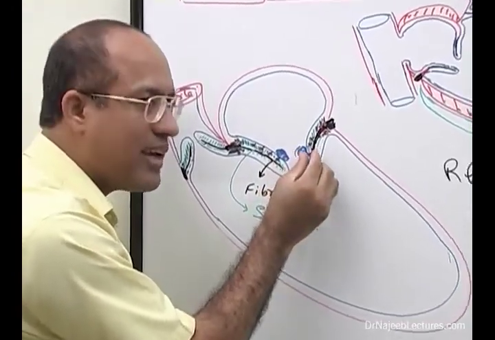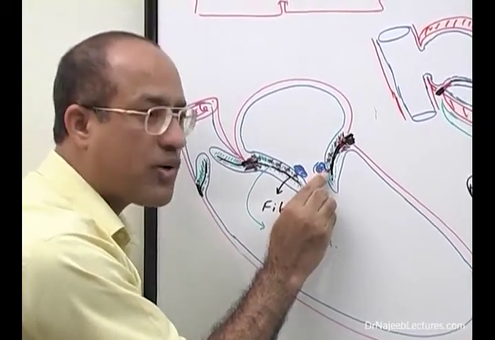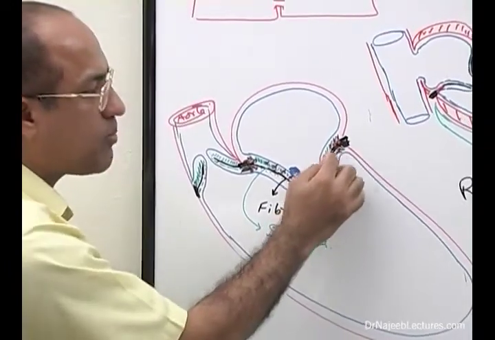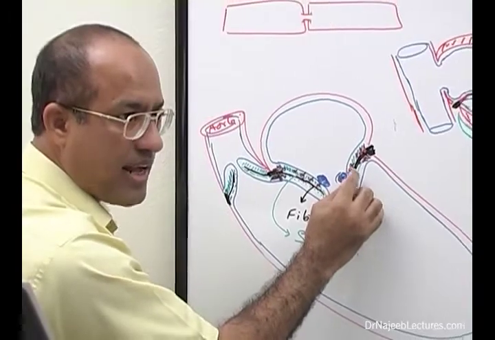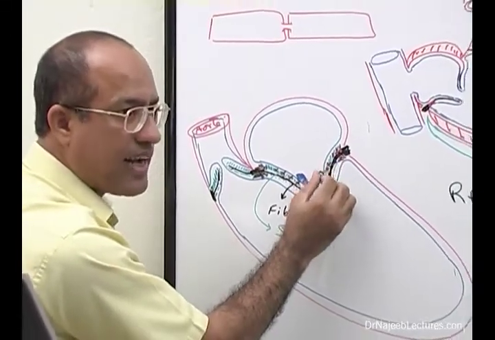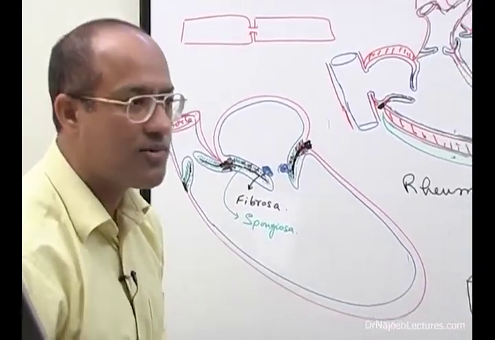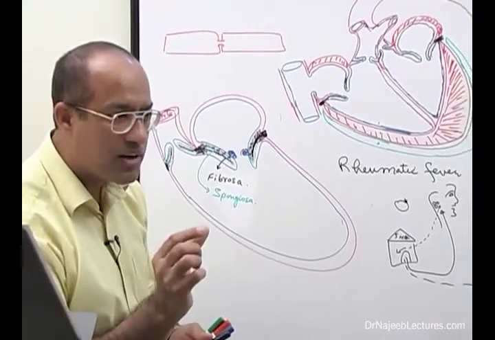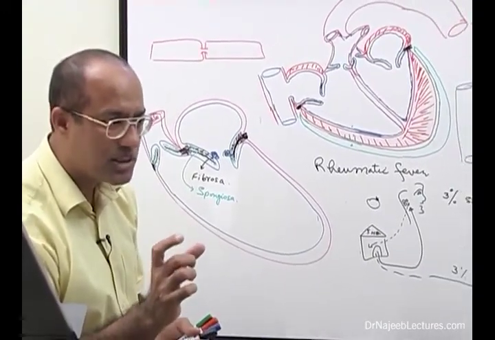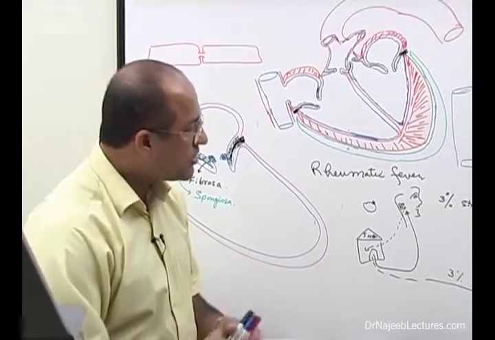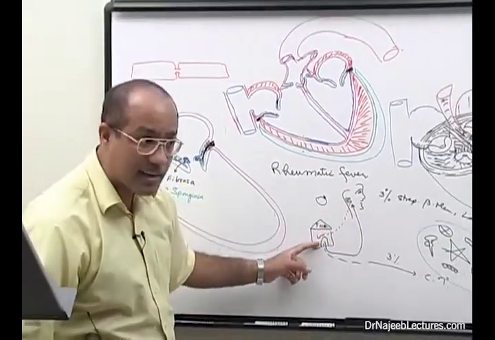When this area heals, platelets will produce growth factor, and many fibroblasts and blood vessels will grow in this area, and they will produce a lot of collagen and scarring of the valve. So the valve will become a little bit deformed. Now, because this type of bacteria will be attacking again and again if you don't do proper treatment,